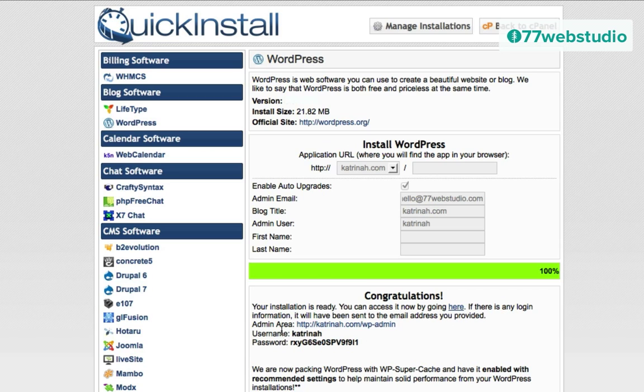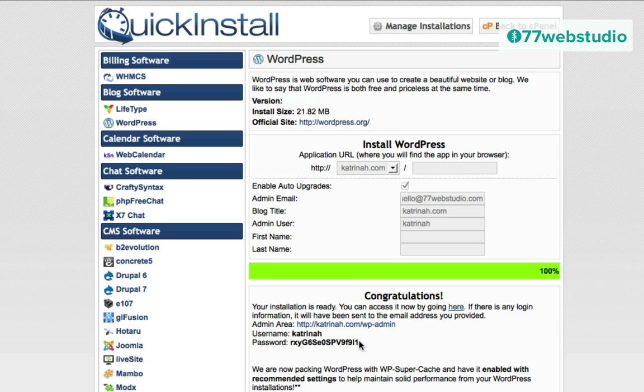And also note that here is the admin area login URL that you'll use in the future to access the login panel. To access your website in the future, you want to make a note of this link here. It's usually your domain name followed by wp-admin. So that's an important link to remember as well, so that going forward you can easily log into your WordPress website. Also make a note of your username and password. This is what you will also need, of course, to log into your website when you click on this link.